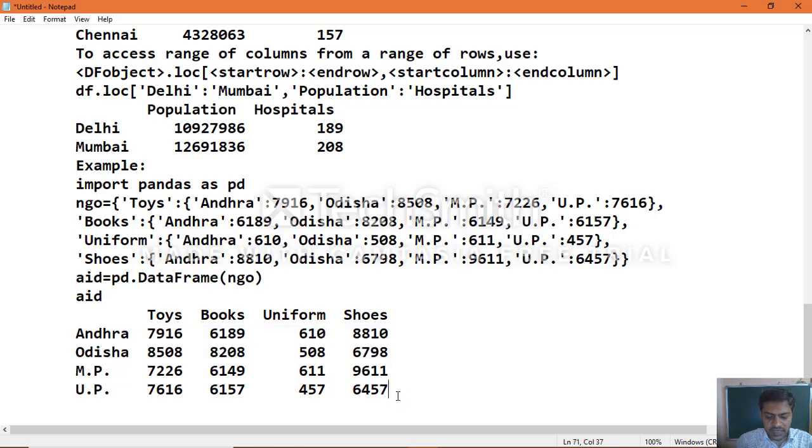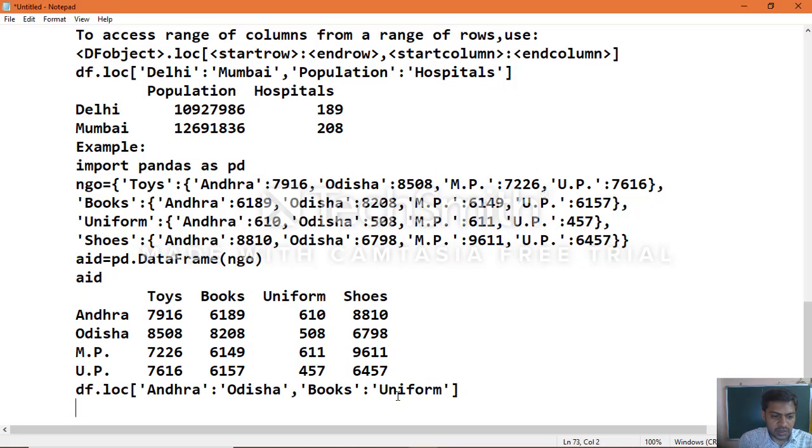Now we can specify it this way, with a range of rows: data frame object dot loc, start row, that is Andhra, colon, end row, which you can specify as Odisha, comma, start column, that is books, colon, end column, that is uniform.